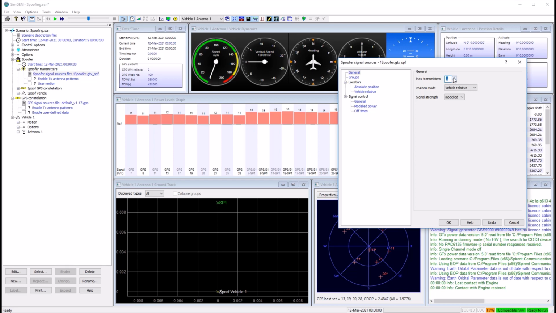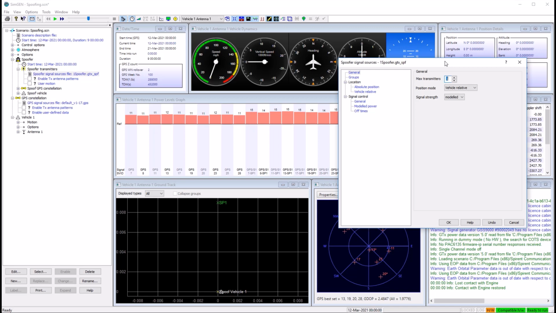You may have a complex array of these transmitters laid out over a wide area, and your vehicle is going to be moving through that area, and at any one time perhaps only 2 or 3 transmitters are in view, and therefore you only need to worry about how the maximum available channels will be divided evenly between those spoof